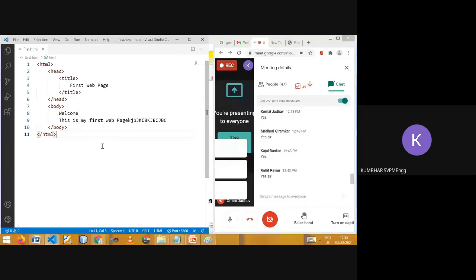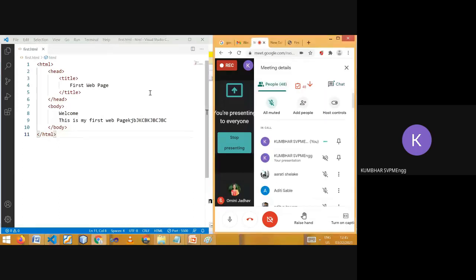But by that time, I expect that you all should set these things and be ready. At this stage, you don't have to install any server. You just have to install Visual Studio Code. Make sure that it is the latest version, so you will get the latest features.